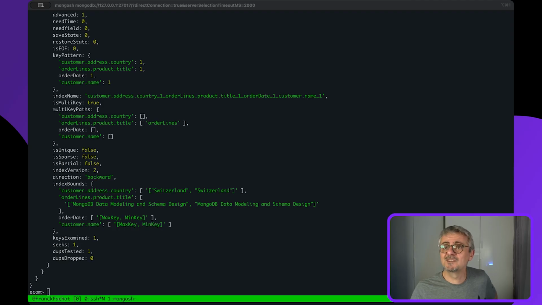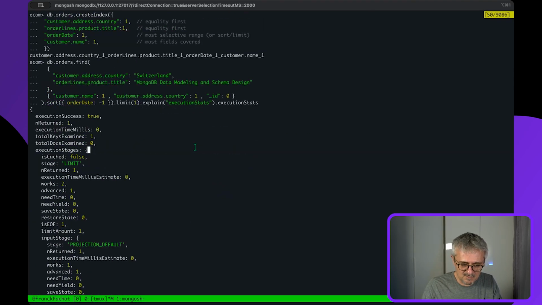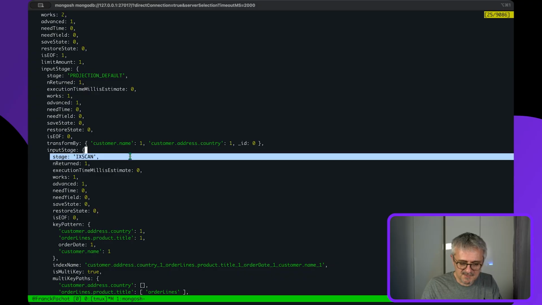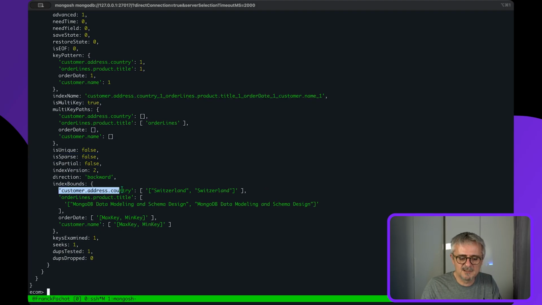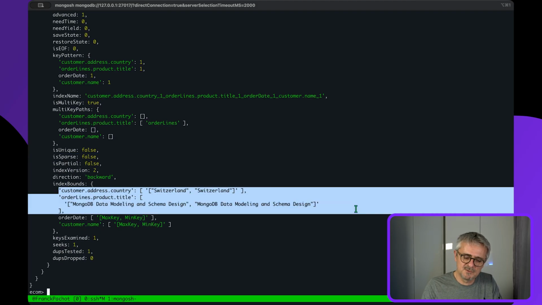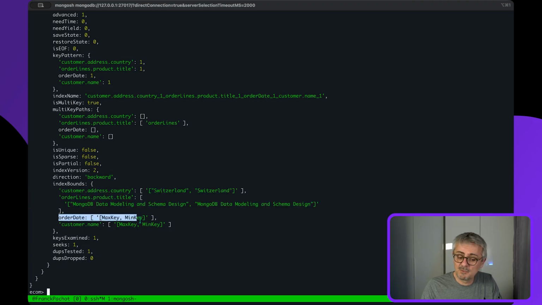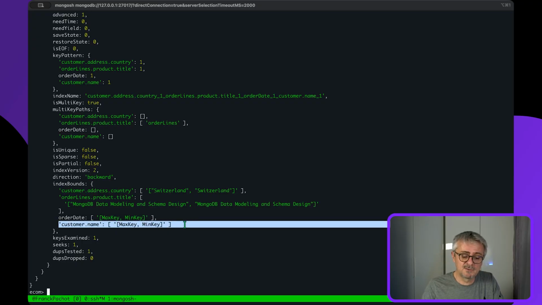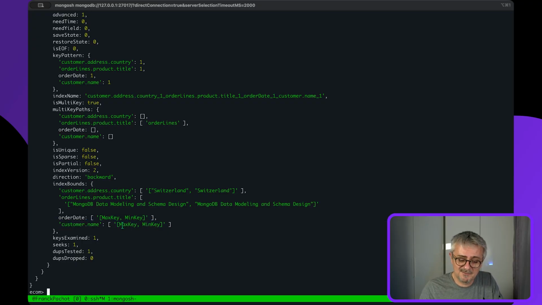So of course, this is fast. And if we look at the index scan, it looks very similar to the previous one. Let me check the index scan there. So same idea, it goes directly to the right values in the index bounds. The order dates are all in the bound there, but they are ordered. And there is this additional customer name that doesn't filter anything else because it goes from the minimum to the maximum,